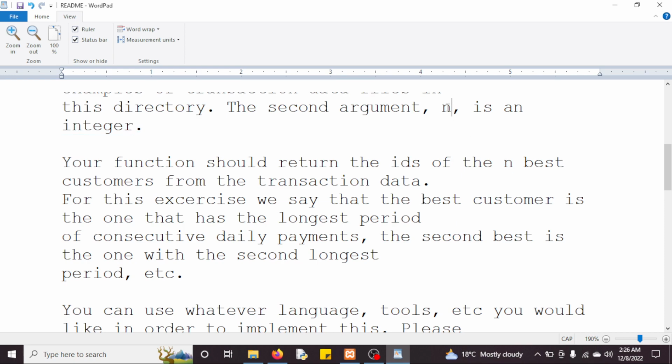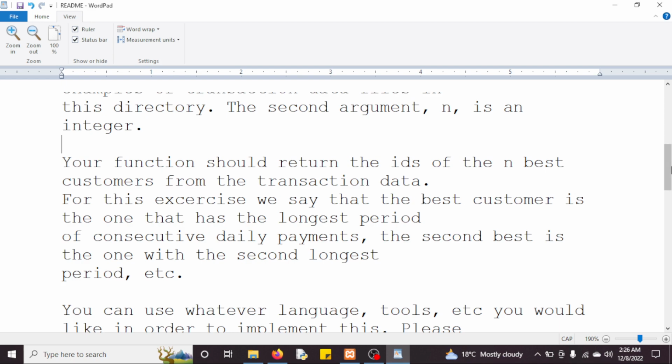So if you enter 4, you return 4 IDs of the best customers of that transaction data that you've provided. We extract from that. You are given the data, and you specify how many best customers you need. I need 5 or I need 10. If I need 10, the algorithm is going to extract this data.